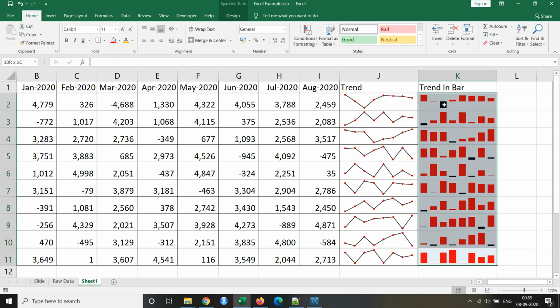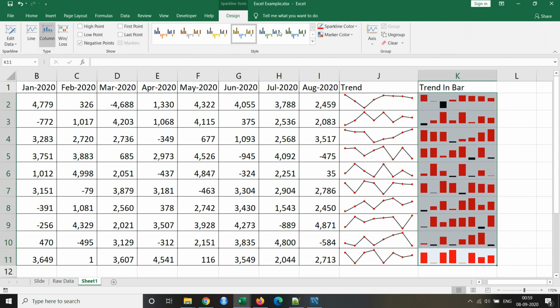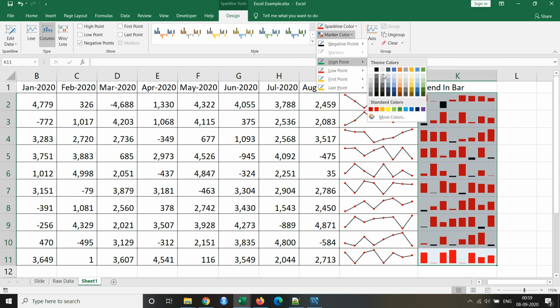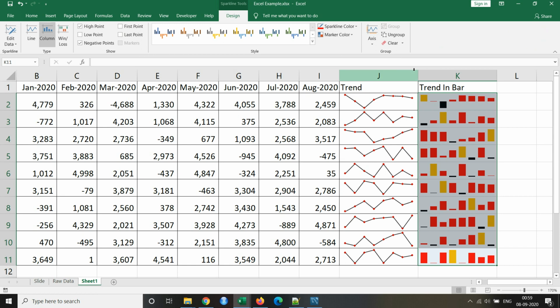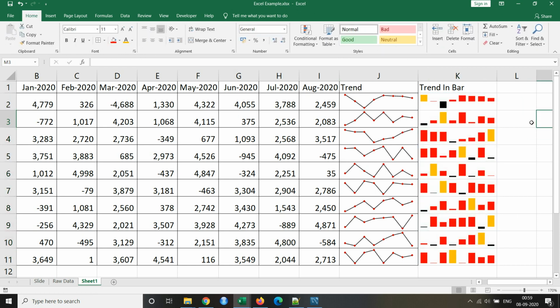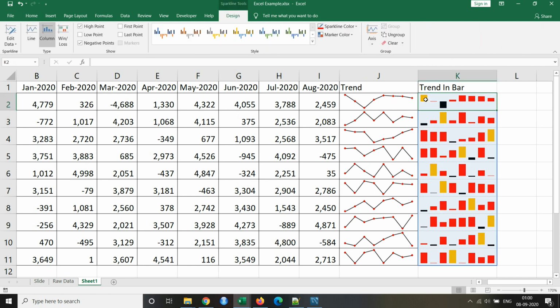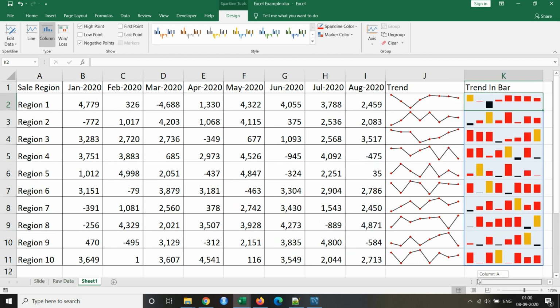The other option in the design is the high point. For the high point I'll select yellow. Now I can see that within this first month my high point was yellow. In region 1 we made the most profit in the first month, while in region 2 we made the most profit in the third month.